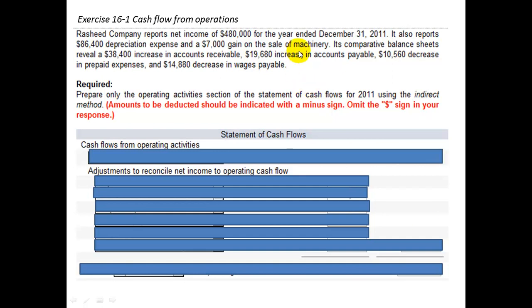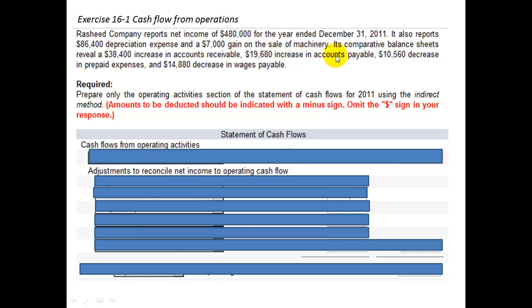Cash flow from operations. Rashid Company reports net income of $480,000 for the year ended December 31st, 2011. It also reports $86,400 worth of depreciation expense and a $7,000 gain on the sale of machinery. Its comparative balance sheets reveal a $38,400 increase in accounts receivable,